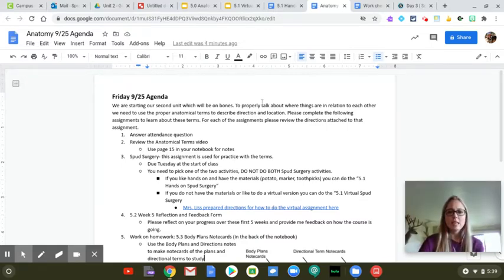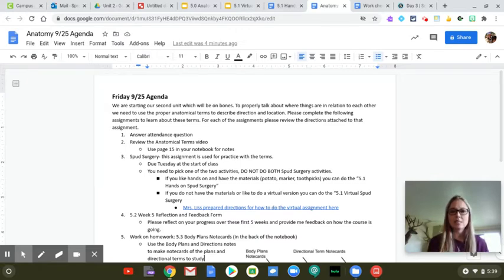So to start today, we are starting Unit 2, and Unit 2 really goes over different bones of the skeleton. So we're going to focus on the skull and the bones that make up the skull first. But before we get into identifying bones, we have to introduce you guys to some anatomical terminology. The reason that we do this is because we need to be able to communicate about direction and location of these different bones. And so that's your work today, is to learn about these terms and then have an